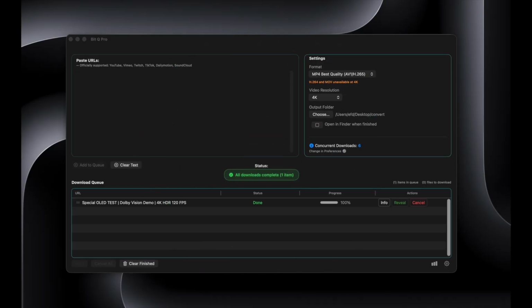Okay, so we've downloaded that file. So let's take a look at it. I'm going to open this up. If I run it, I get this message. This file contains some media which isn't compatible with QuickTime. Basically you can't open it. So if I open this in